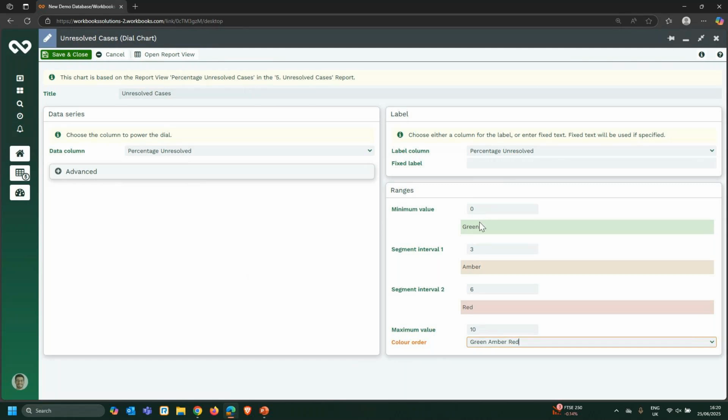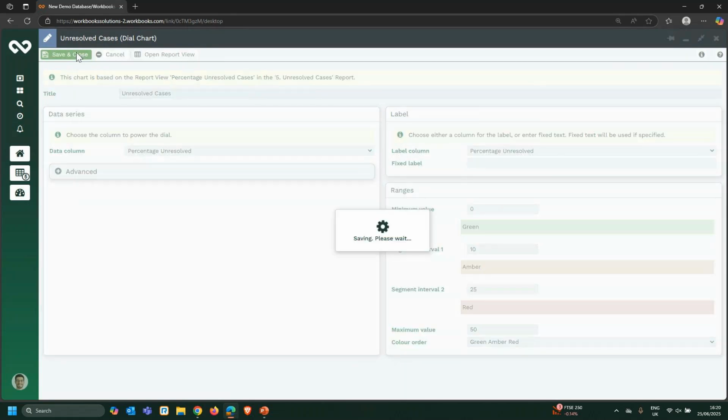So I will change segment 1 to be 10, segment 2 to be 25, and let's say the maximum is 50. So if I just save and close after making those changes,